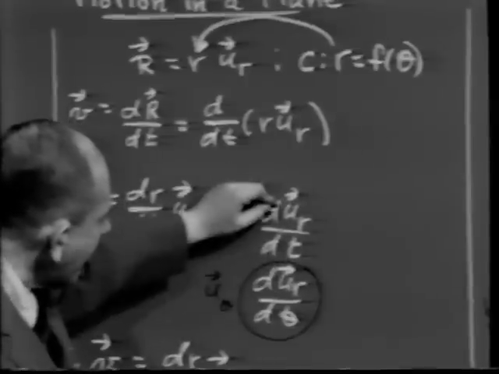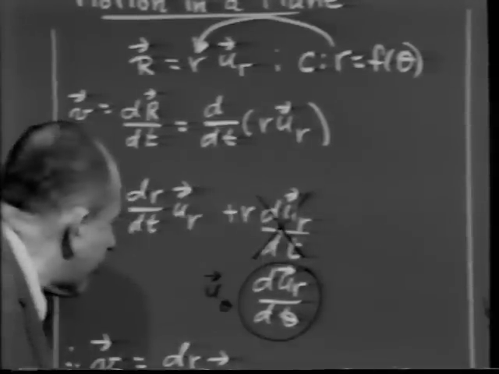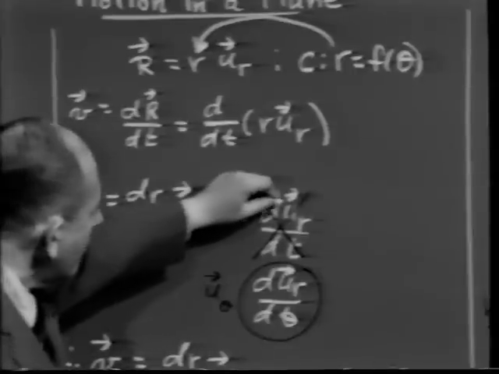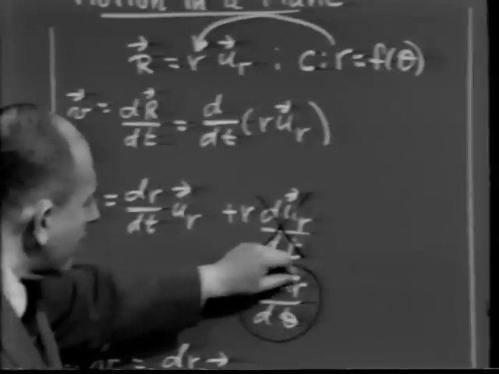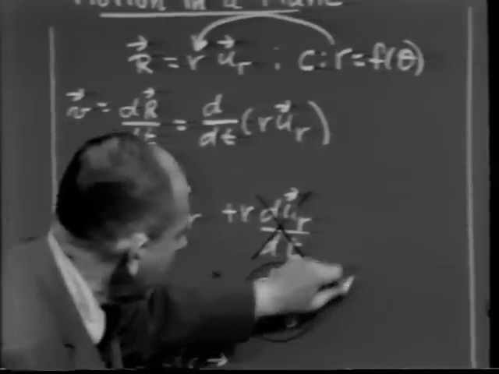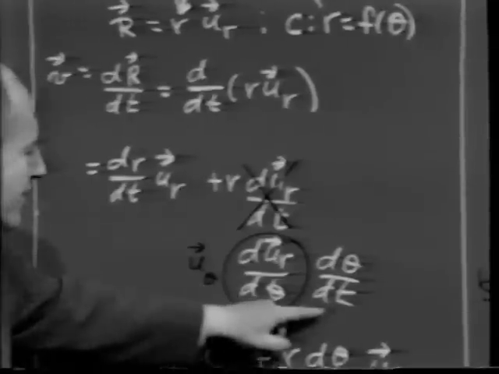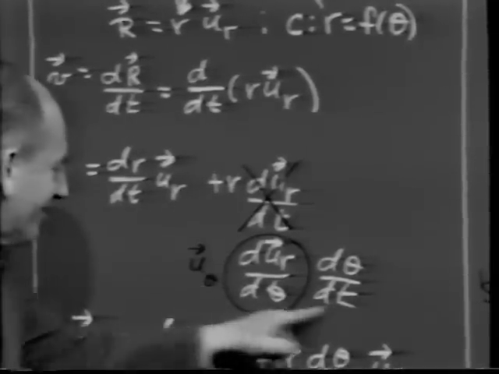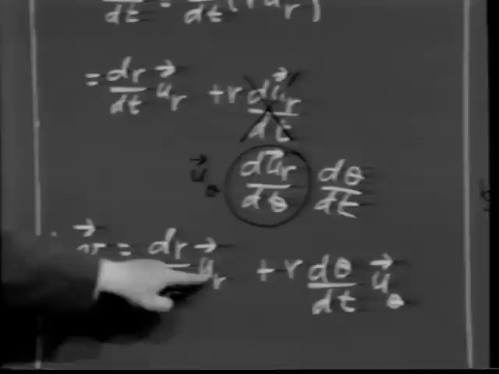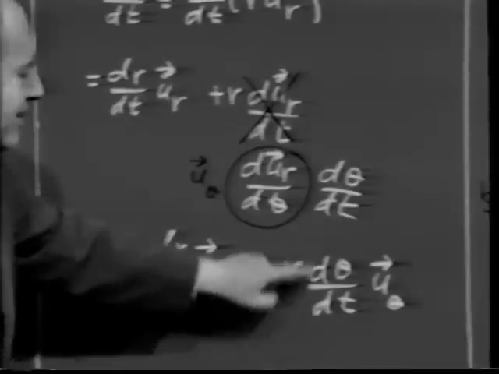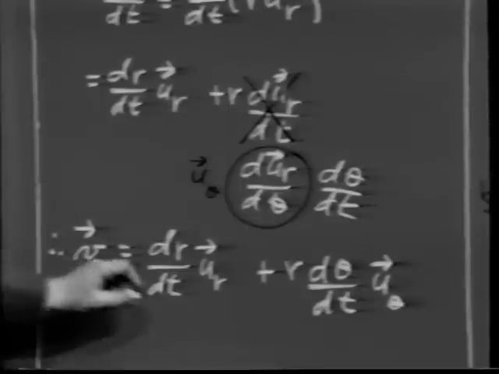We say, okay, these aren't the same, but let's cross this out. Let's use the chain rule, and by the chain rule, the derivative of u sub r with respect to t is the same as the derivative of u sub r with respect to theta times d theta dt. And rewriting this so that it becomes legible, we have that the velocity vector is dr dt times u sub r plus r d theta dt times u sub theta. And again, notice